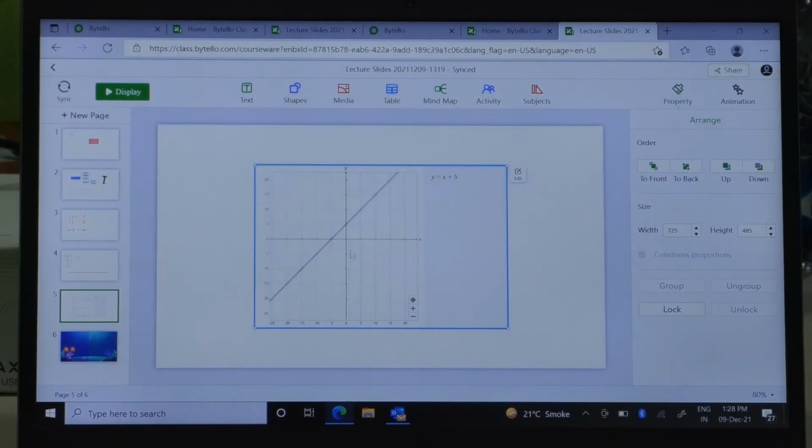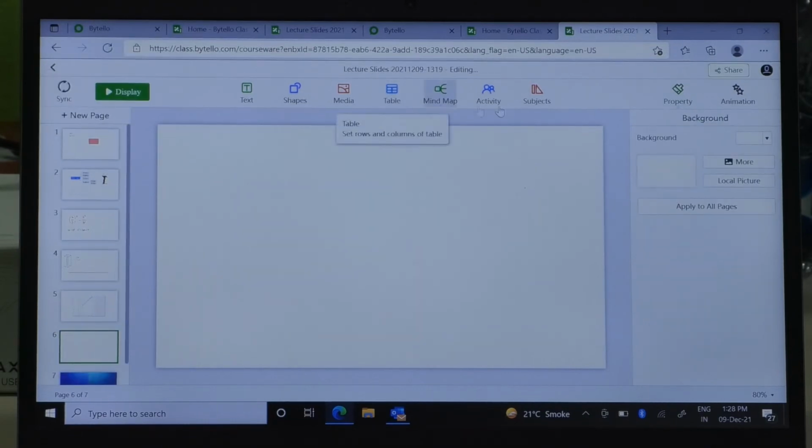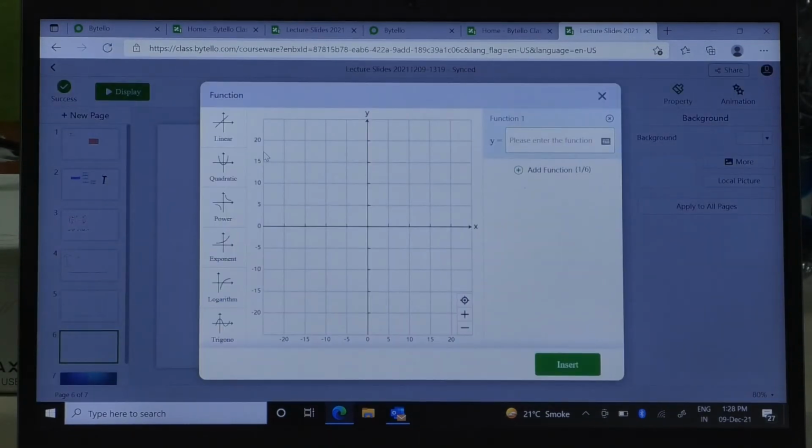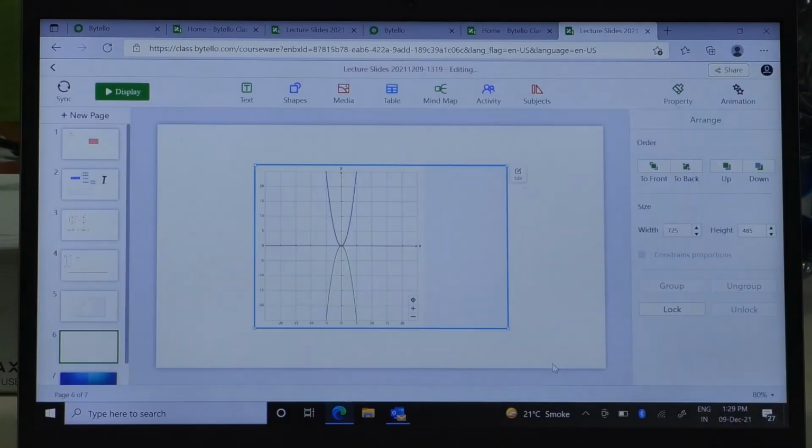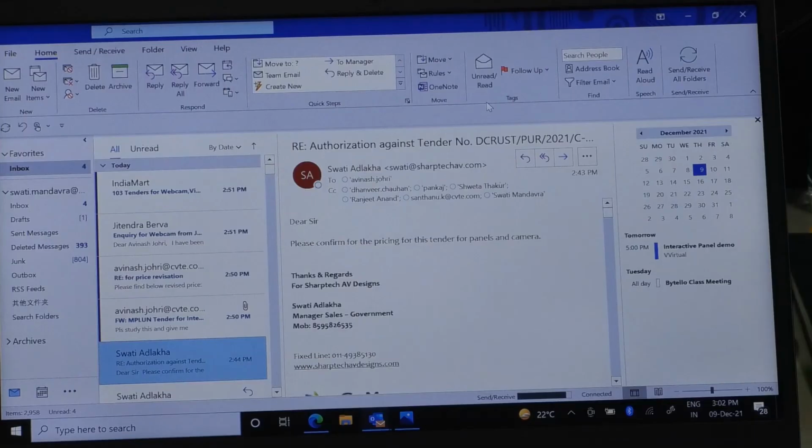You can just zoom in, zoom out of this, like in this way. Okay, so likewise you can create multiple graphs. So this function tool has linear equations, and quadratic equations too. So y equals x square. Okay, let's suppose you put y equals minus x square. So likewise